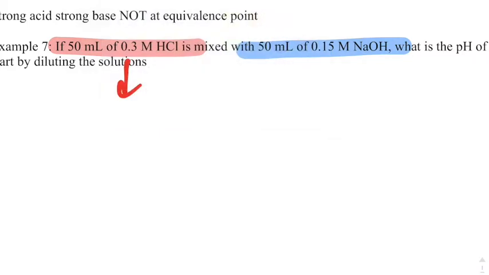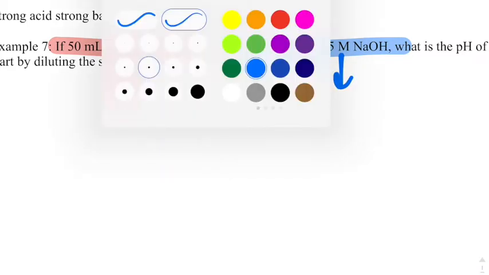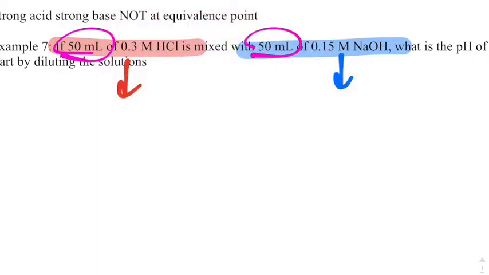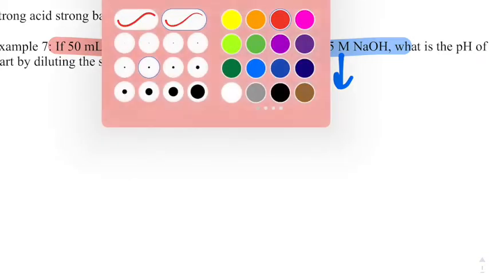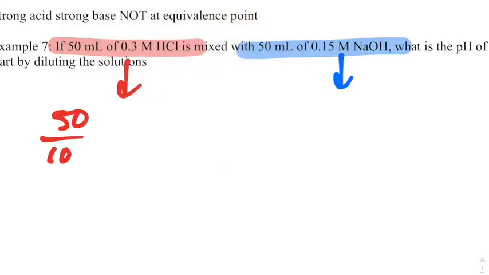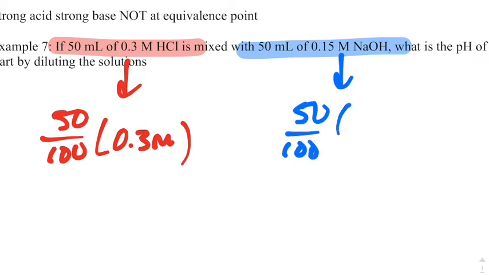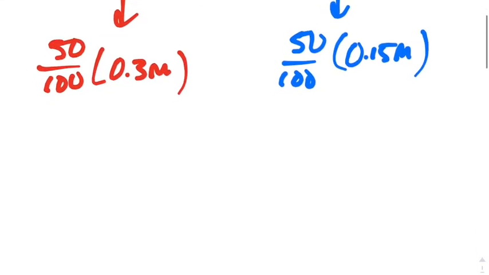So I've got my strong acid and my strong base that's here. Remember that they are going to be 50 and 50. So they are going to be 50/100ths, or they're going to be cut in half. Or if I do it the long way, then this guy is going to be 50/100ths of 0.3 molarity of my acid, and this guy is going to be 50/100ths of 0.15 molarity of my base. So once we end up doing the math on that, this guy ends up being 0.15 molar, and this guy ends up being